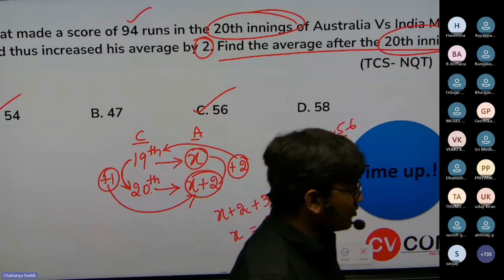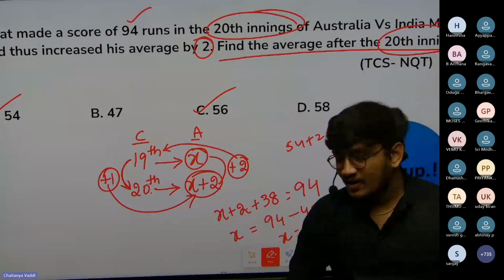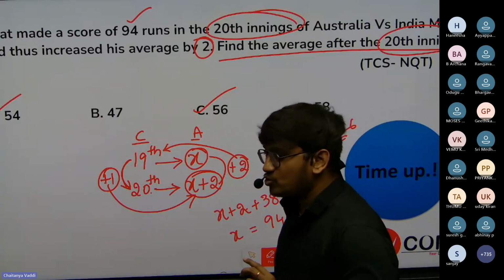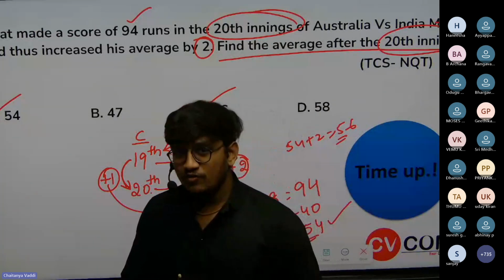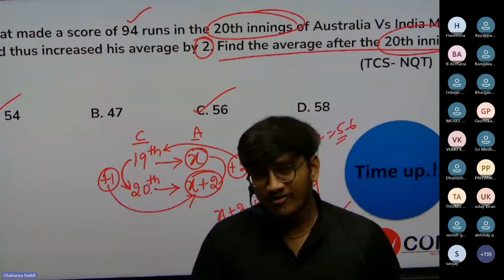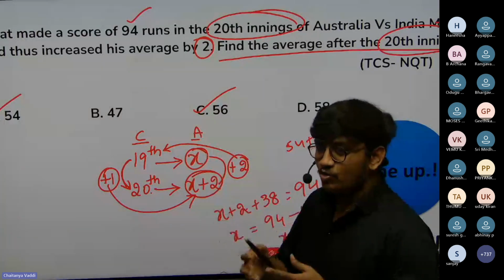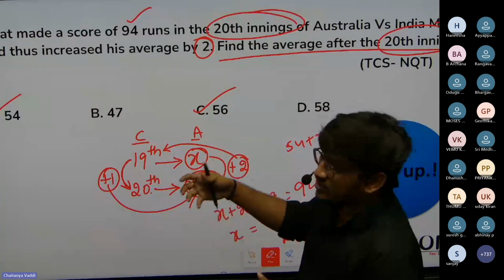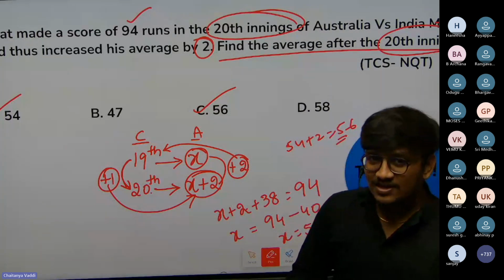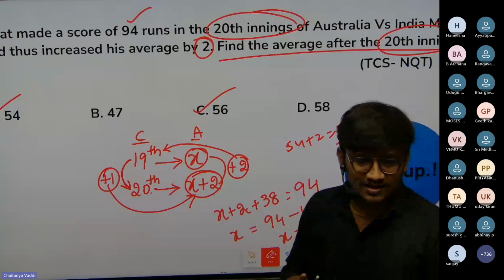Okay, same pattern of questions. Now next category. I hope you all are clear with these two categories. Category one: when we have a common difference, the average is considered as the middle number, or first number plus last number by 2. And when we have questions where a group of people are working, and we know the average, and a person is getting added, removed or replaced, that is how to solve the questions using the shortcut. I hope you all are clear with this.